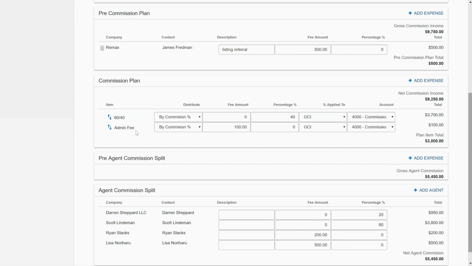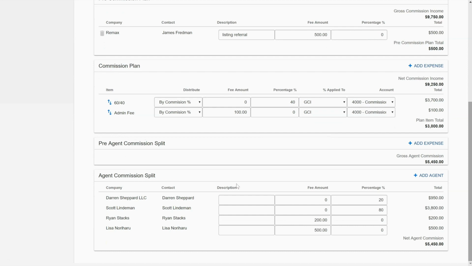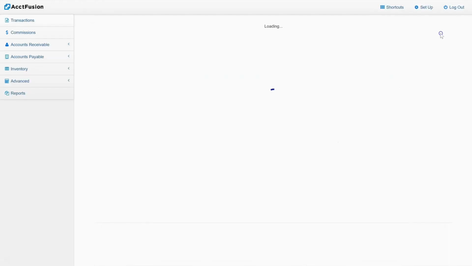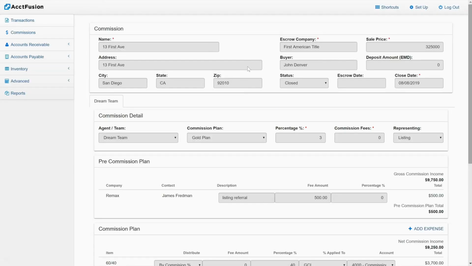So here we have our office fees. We have the 60/40, we have the admin fee taken out as so. And then we have the agent commissions fees here by percentage and then by fee amount as well. The way this works is that the flat fees are taken out first, and then the percentages are calculated at the end. Once everything's ready, we'll go ahead and create a transaction. And the commission is no longer editable, so we'll go ahead and look at that in transactions